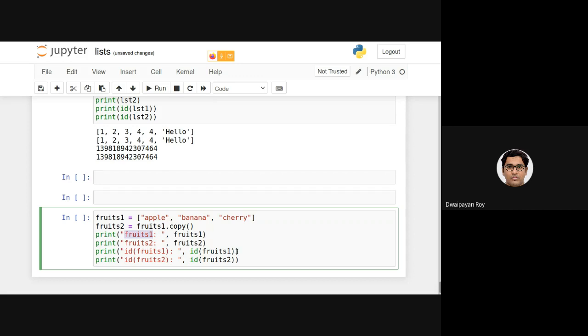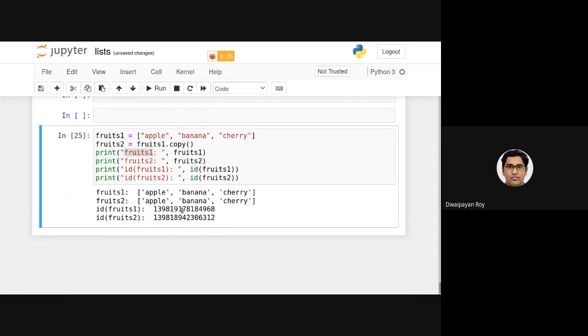Then let's look at the corresponding lists. You can see now the IDs are different.